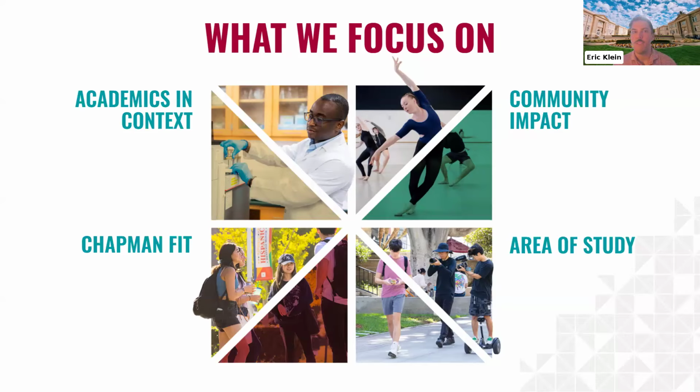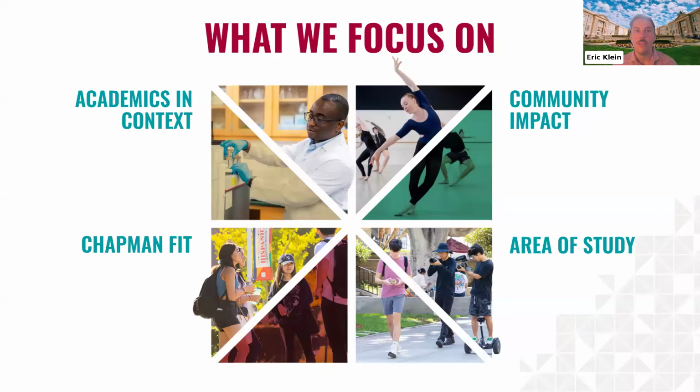And then finally, we have this Chapman fit. Seems kind of vague, kind of nebulous. What does that mean for us? What we decided to do back in 2019 is when we went the test optional route. So your students aren't required to submit test scores, and many are going that route. About 76% of the applications we receive are submitted without those scores. So we quickly realized that's a big piece of the application that we're no longer requiring your students to submit. So how do we fill that gap?